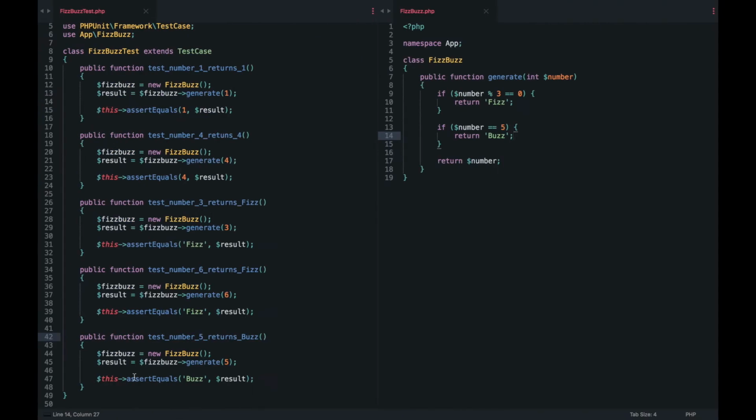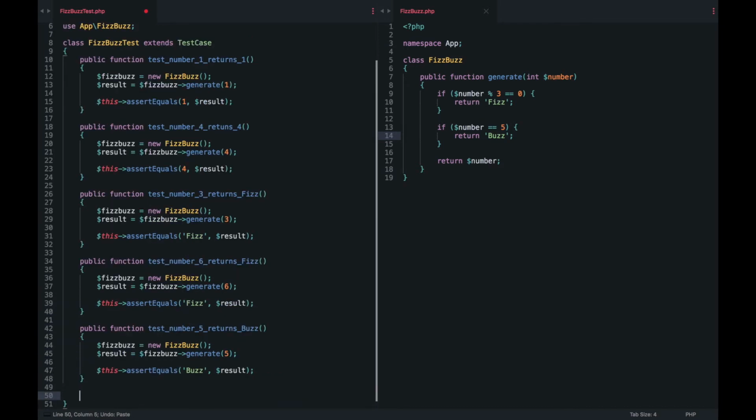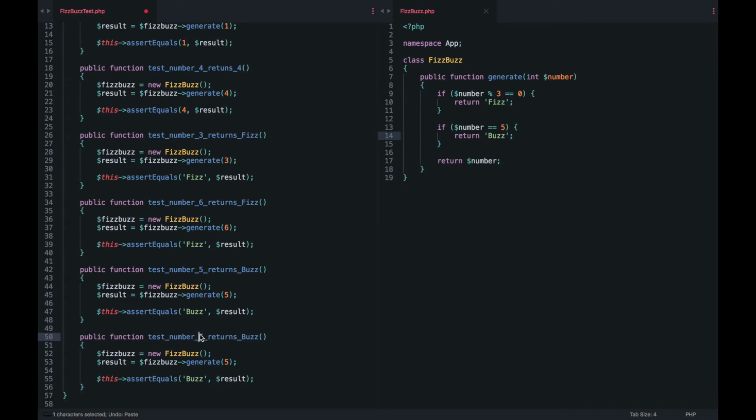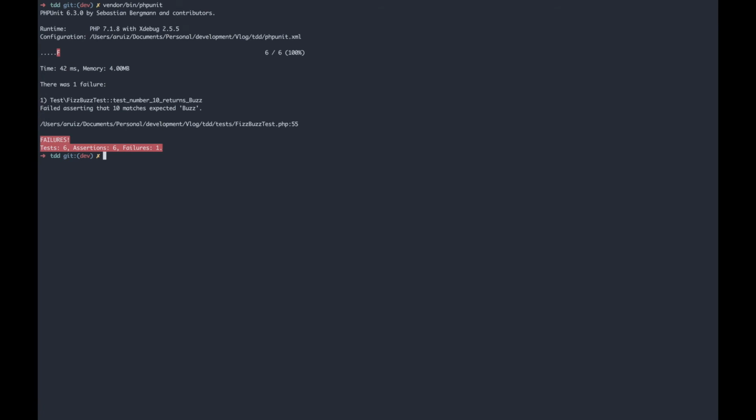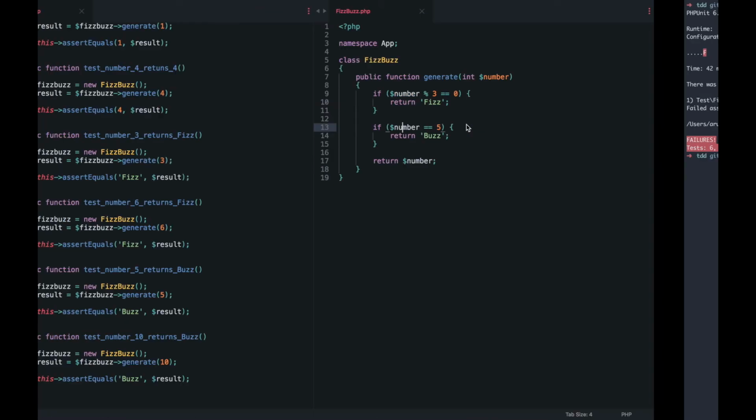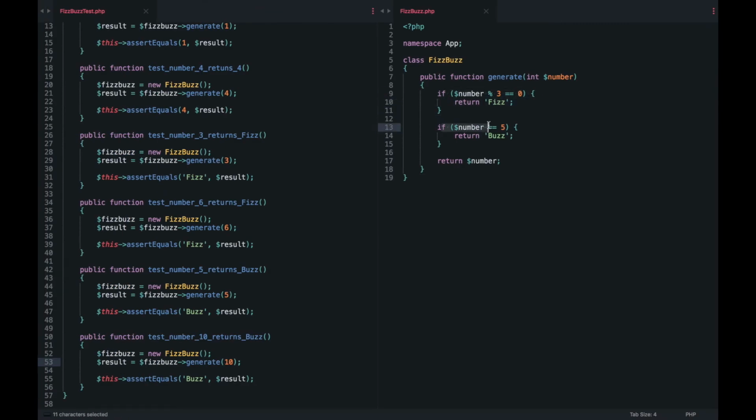So I'm sure you know what's gonna be the next step. For me, there's nothing to refactor, so let's write another test, and it's gonna be this one, which is gonna be, let's say, test number 10, return Bus, because it's divisible by 5. So we put there the 10, and we leave the tests as they are. So we need to go into red, and yes, we do. Again, it's not divisible by 3 according to this conditional. It's not 5, so it's coming here and returning number.